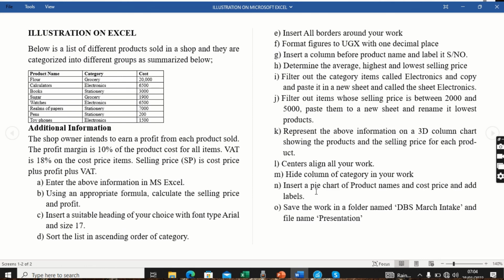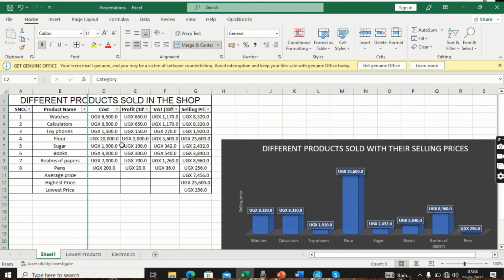Then we come to the next part of the question, which is telling us to insert a pie chart of product names and cost price and add labels. So this time we are constructing a pie chart, and the pie chart is the product names because we highlight up to number 8 there. Then we do the same thing. We now come to the cost price. We do the same thing,